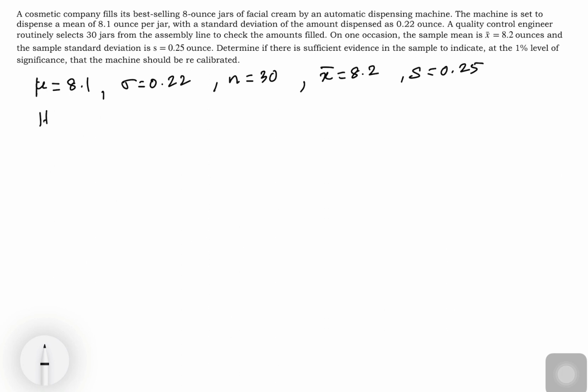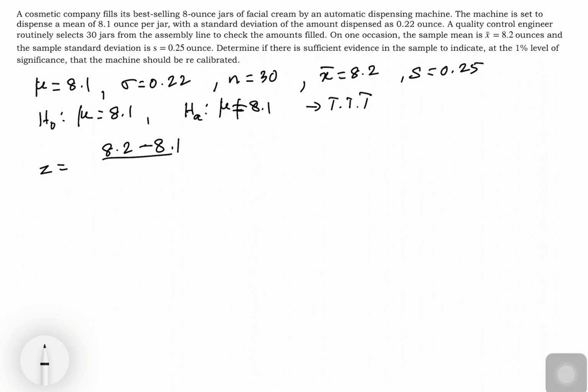Okay, so here the null hypothesis will be mu is equal to 8.1. The alternate hypothesis will be mu not equal to 8.1. So this is a two-tailed test. So let us find z. So z is equal to x bar minus mu divided by sigma over root n, because sigma is given. Even though s is also given, we will not use this because sigma is already given. Suppose if sigma is not given, then whatever is available for us, we will consider that in the formula. So here it would be 0.22 divided by root of 30, and it is found to be equal to